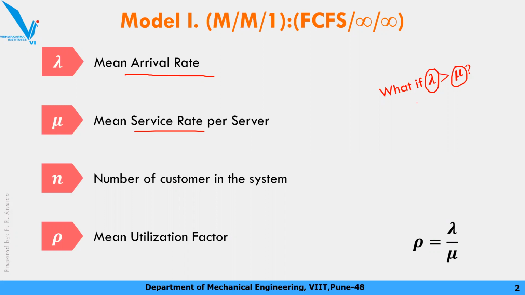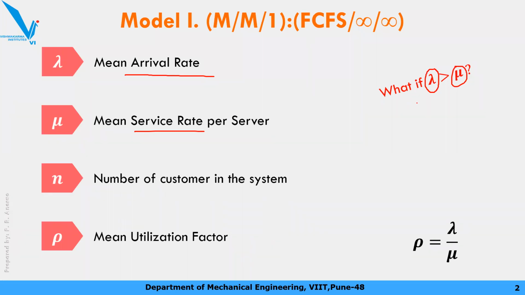ठीक है. Just imagine a situation, a shop है, लोग आ रहे, the rate, एक घंटे में 10 कस्टमर आ रहे हैं, are entering in your shop, and your service rate, that means you are giving that material to the customer, उसका रेट थोड़ा कम है. Imagine करो, you can serve only 5 customers in an hour. एक घंटे में सिर्फ 5 कस्टमर आप सर्व कर रहे हो, तो what will happen in first hour, the 10 customers arrive, only 5 customers will go out or depart from the system.